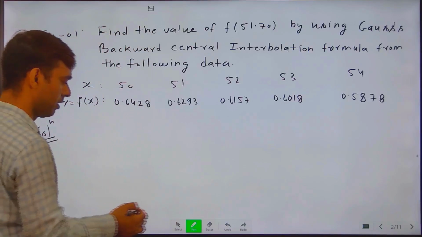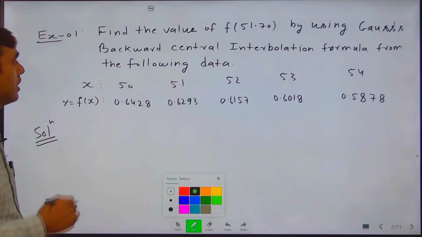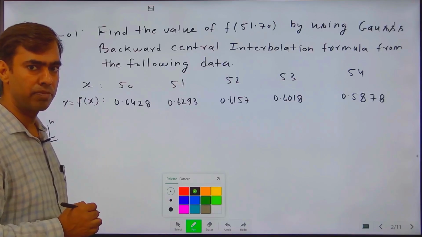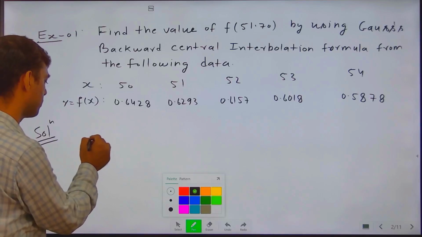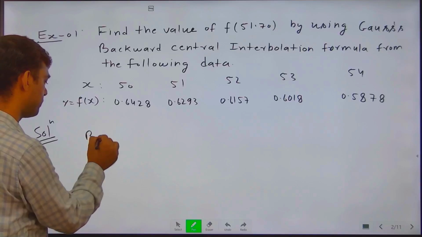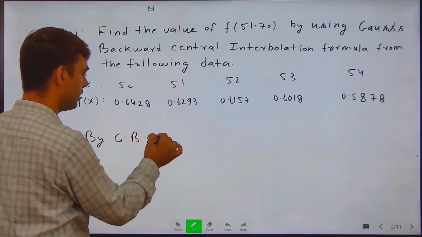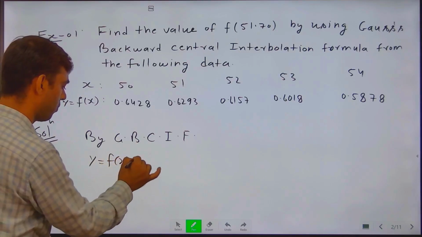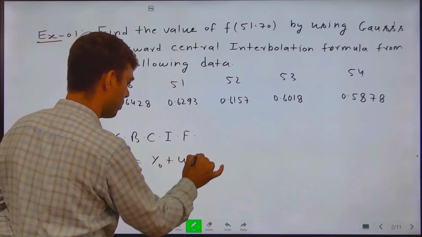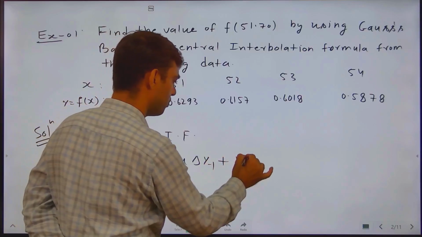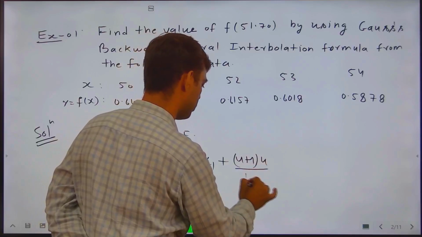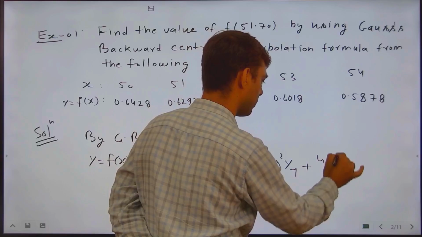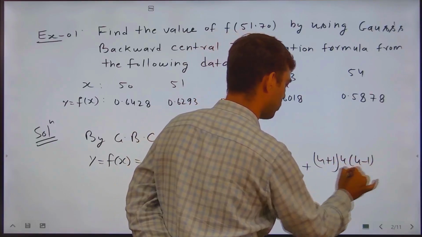First we write the Gauss backward central interpolation formula. What is the formula? y = f(x) = y0 + u Δy_{-1} + (u+1)u/2! Δ²y_{-1} + (u+1)u(u-1)/3! Δ³y_{-2}